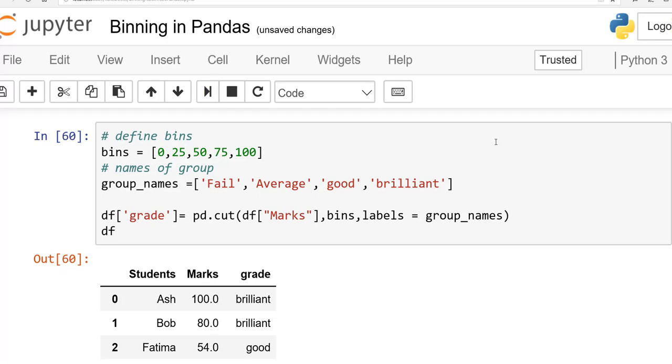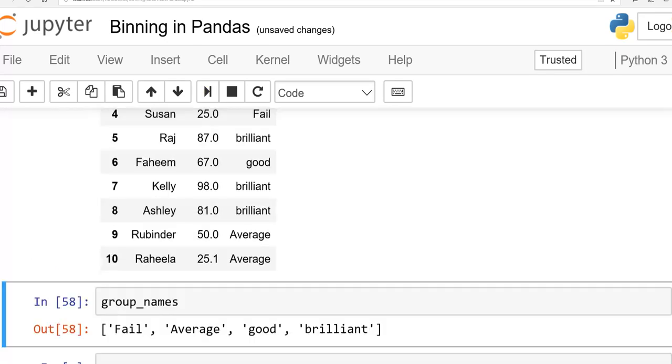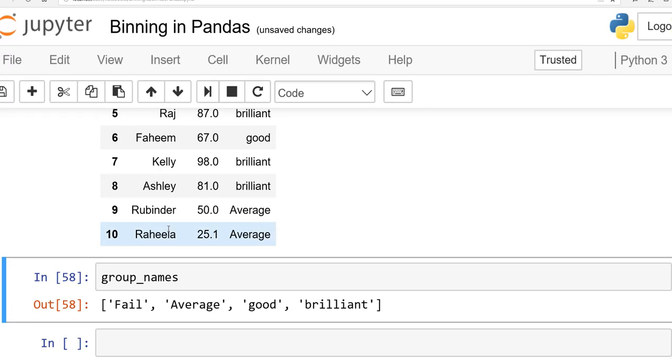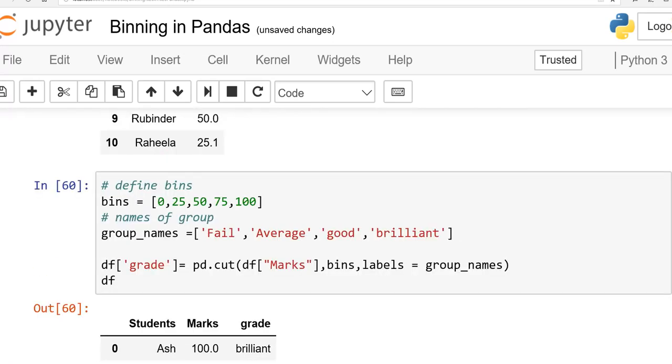When we run it, you will see before it was brilliant, now Rahila is average with 25.1. So it means the first group will end at 25. If someone has 25, it will go in the first group. If someone has 50, it will be considered in the second group. 50 point something will be considered in the next group, right?